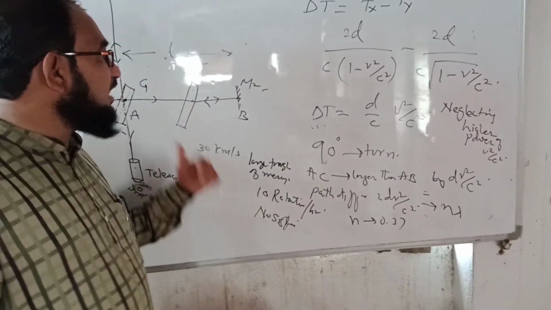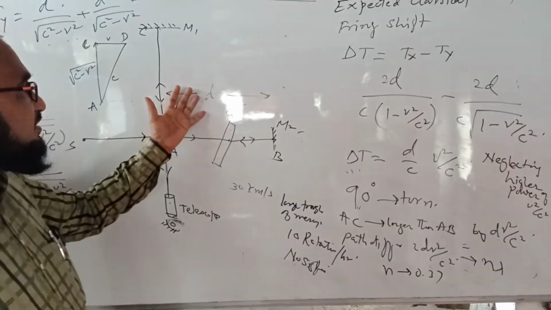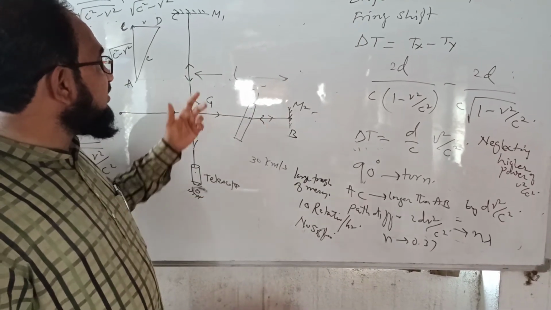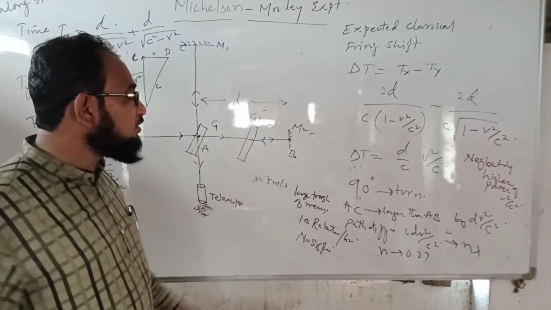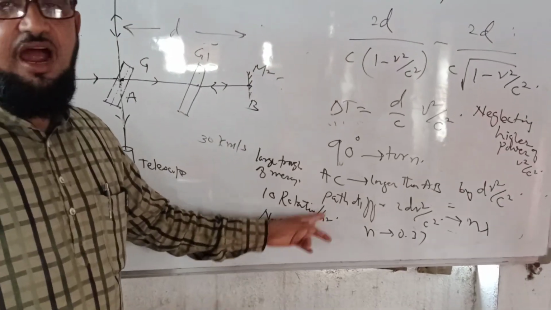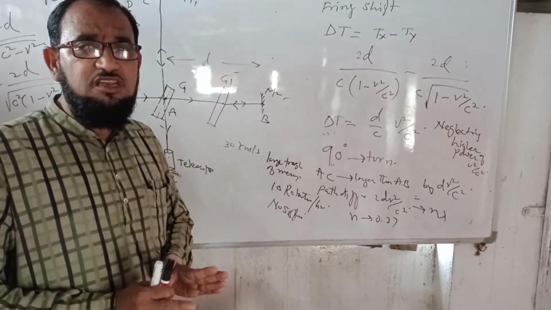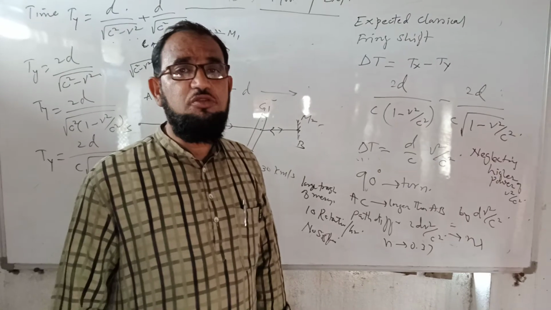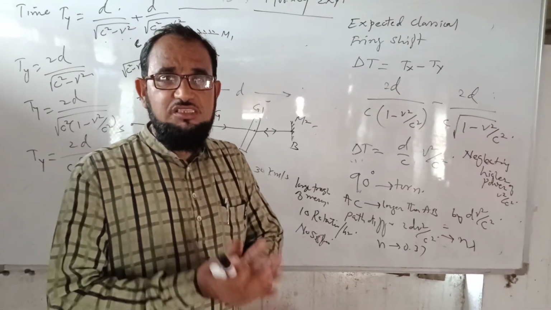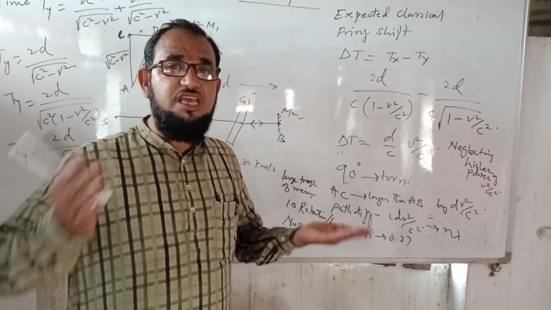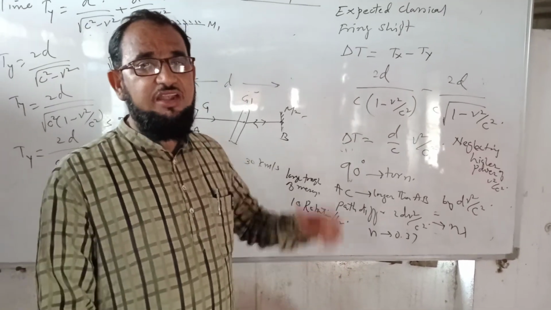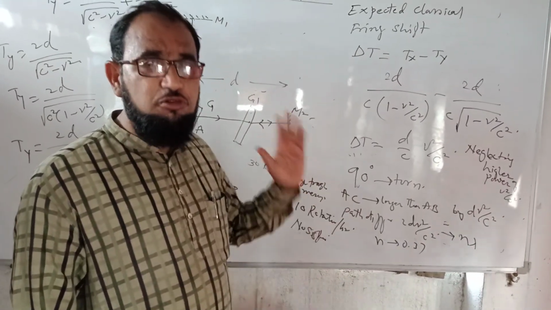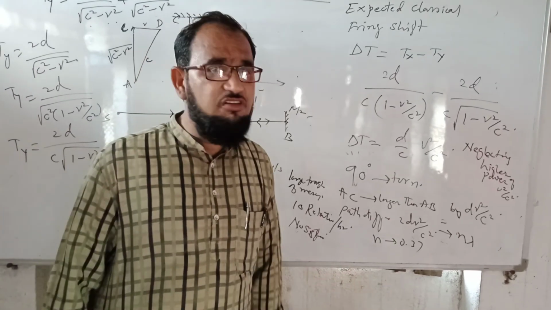Michelson and Morley placed this apparatus in a trough of mercury and rotated it very slowly, at 10 rotations per hour, and they found that there was no significant change in the fringes. Hence they proved that there is no existence of ether, because if the ether were present, there should be a considerable change in the fringe width. As there is no considerable change in the fringes, it is proved in this experiment that there is no existence of ether. Thank you very much.